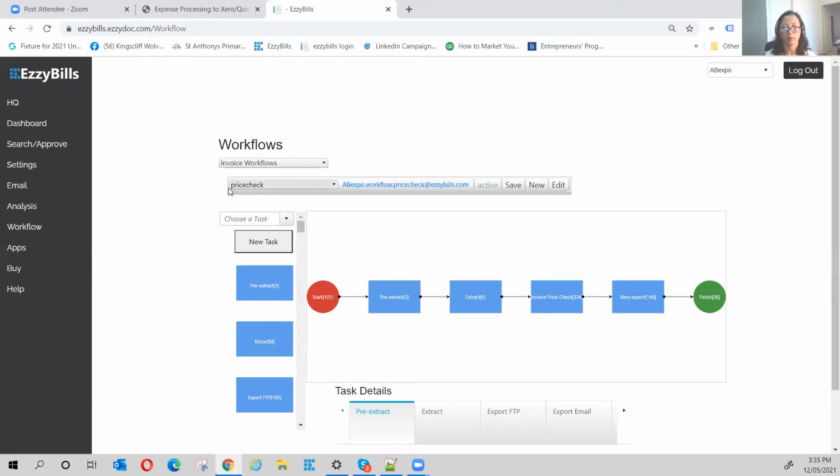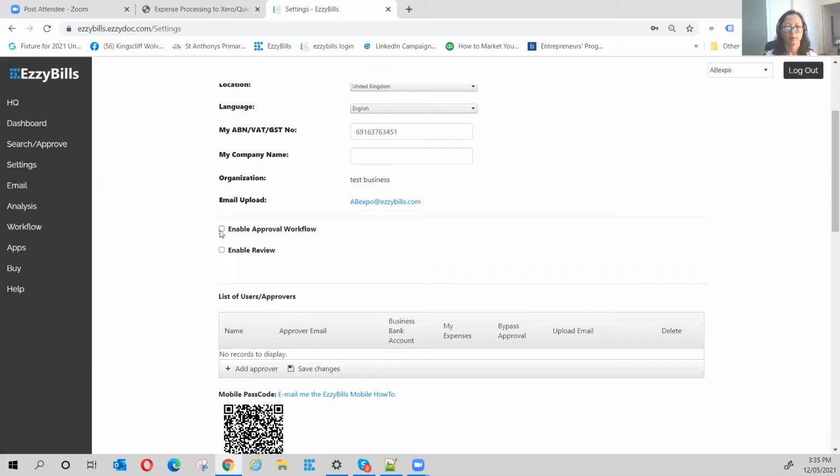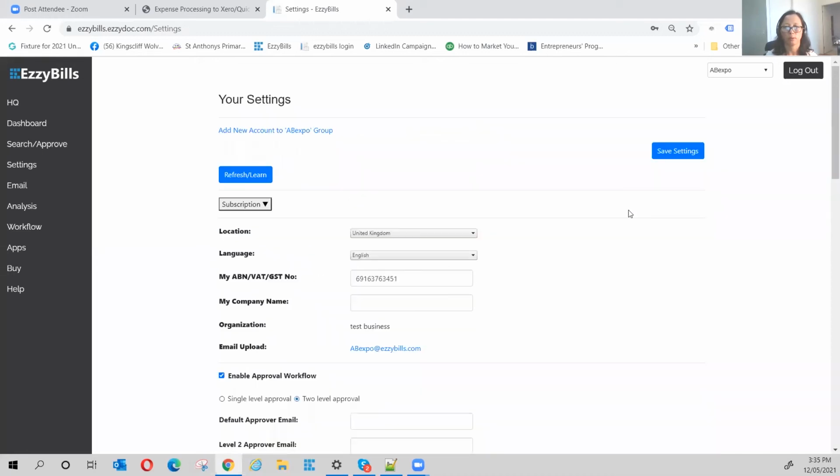Another example is the approval workflow. Typically, if you go to EzzyBill settings, you can enable approval workflow. For example, you choose a single level. You can choose single level or 2-level approval. In this example, I choose 2-level approval. So when you save it,